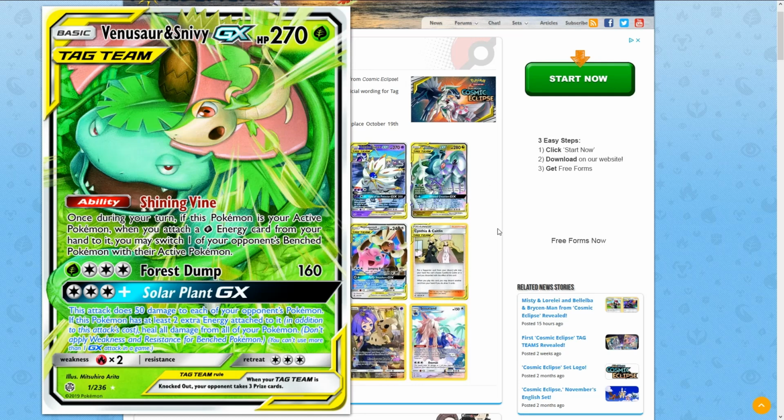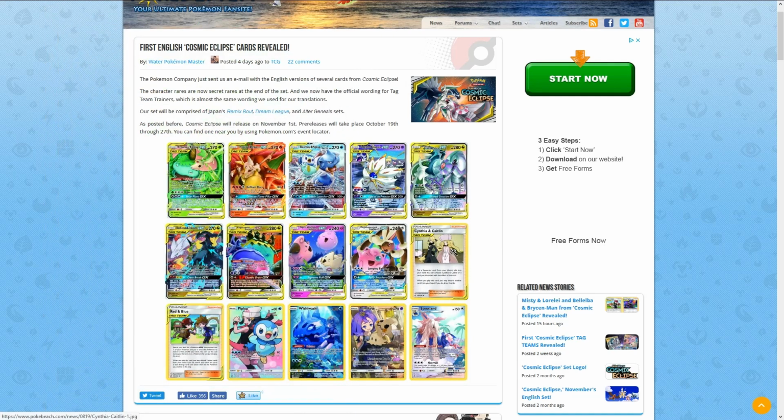270 HP is good. I wish it were 280 to represent the tankiness in Venusaur over the other two starters. I think Blastoise is a little tanky too, but Venusaur is the OG tank, right? He's out there, he's big, he's brawny, he's like a walking tree. But I think they decided to just go with 270 for a lot of these three starters, and then